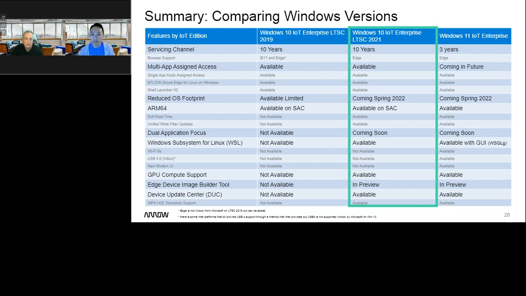And I would say start testing. You can start testing the current version of Windows 11 with a focus on migrating to LTSC when they release that version, because it is based on the same platform. That's what a lot of my OEMs are doing now. They're like, I'm not going to put Windows 11 in production, but I'm certainly going to start testing it now, waiting for the LTSC version.